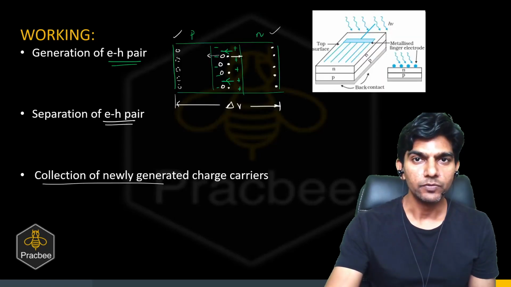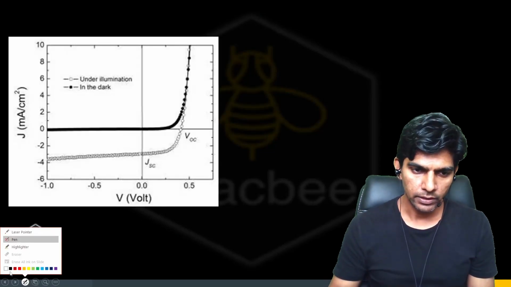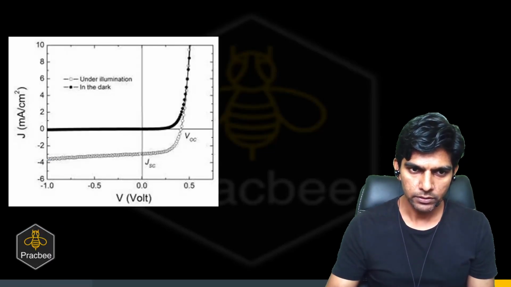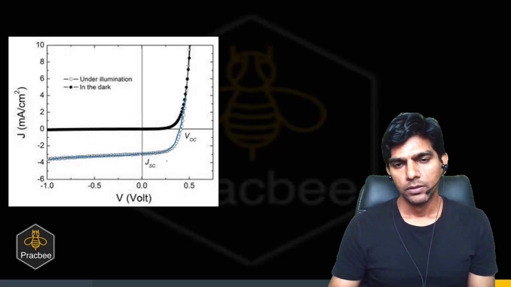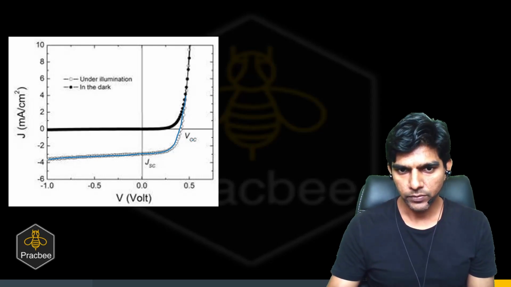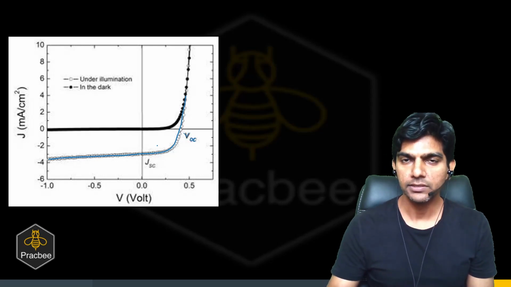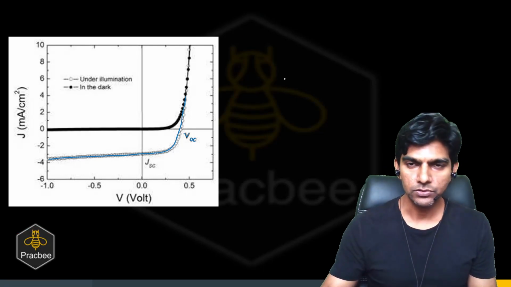Okay, now let us see what is the VI characteristic of a solar cell. So let me explain you. Let me show this with a blue color, right? So can you see we have written here VOC. VOC is the open circuit voltage. What is open circuit voltage? So if we have a solar cell,